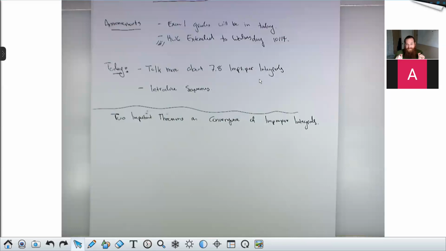You need to know them exactly, right? So think of theorems as mathematical tools, like hammers. You need to know how to hold the hammer, how to swing the hammer, and how to hit the nail. So you need to know what the theorems are and what things they apply to. And you need to know how to use them. And that means knowing the hypotheses and knowing the conclusions exactly.